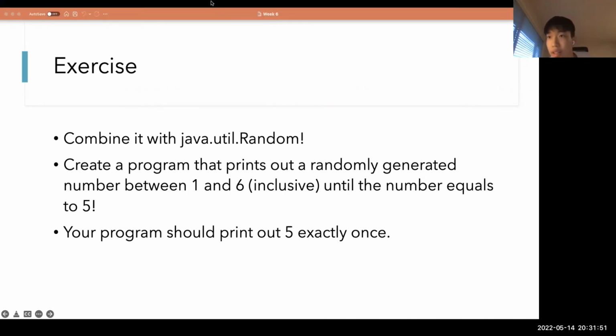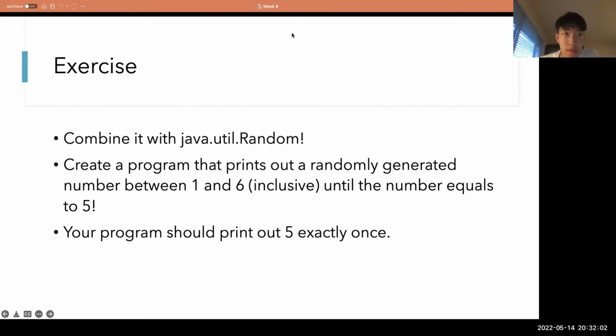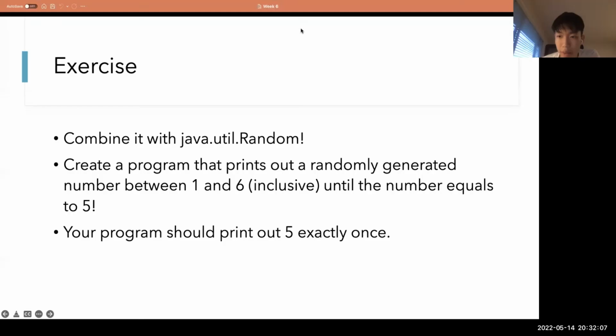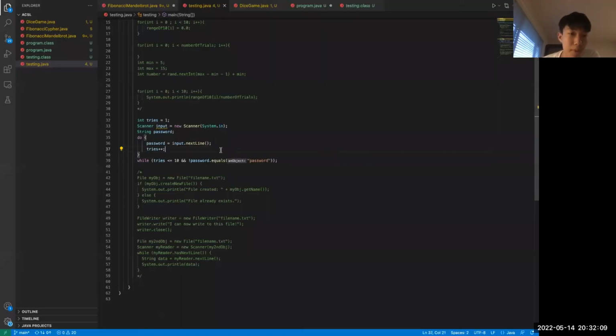Okay, so hopefully that was enough time for you to try it for yourself. I'll show what it looks like right now. So we can basically just reuse the same code that we just had with printing out with the password. Okay, what did I ask you guys to do again? It's between 1 and 6 until it's 5. Okay, that's pretty simple. And here instead of scanner, we just have a random, and then we do